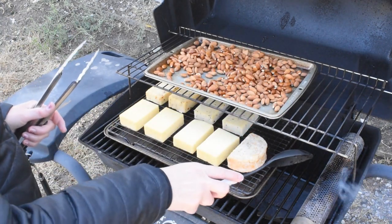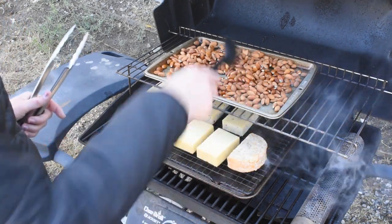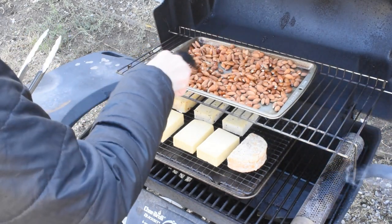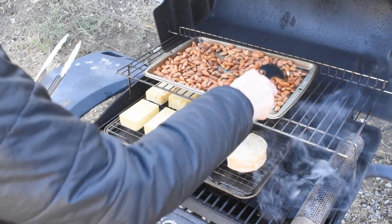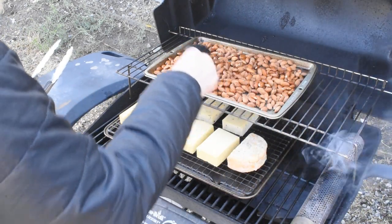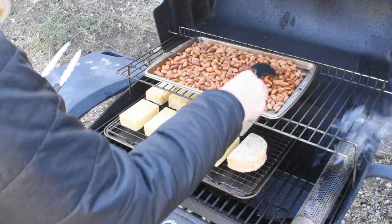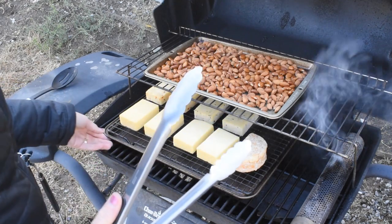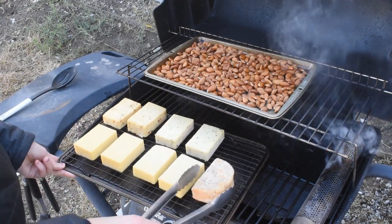And at this point I can see that about 60% of my pellets have burned. So that's good. I'm just going to let this sit and let the rest of them burn out. That way I don't have to really time this. So, set that down. Now I'm going to pull this out, flip my